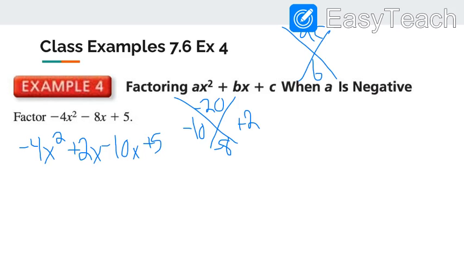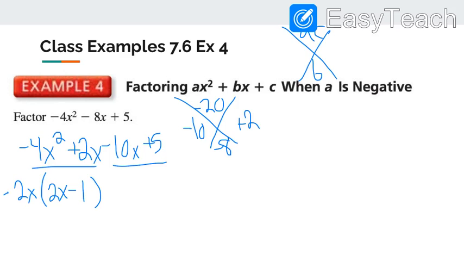At this point, I can factor the first two and I can factor the last two by doing our factoring by grouping. So with our first two, I see that a 2 multiplies in both as well as an x, so I can factor out a 2x. And because that was a negative 4, I'm actually going to factor out a negative 2x first. So I'll be left with 2x